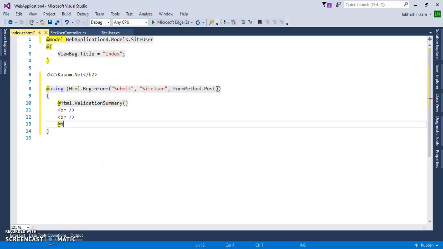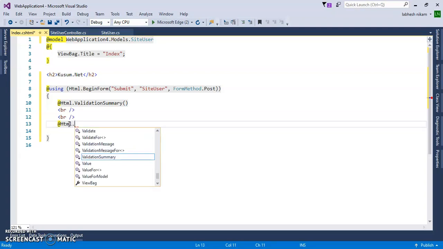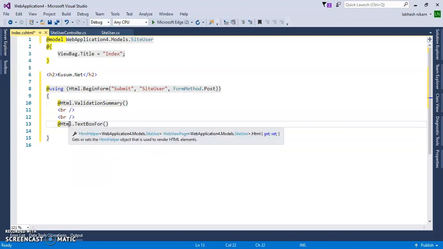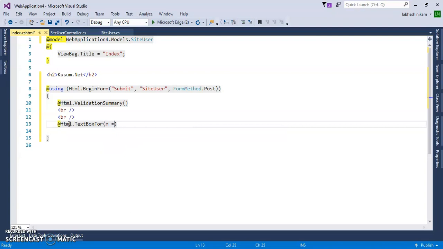Use the text box, @Html.TextBoxFor, and inside of that we will pass this lambda expression, model m dot username.